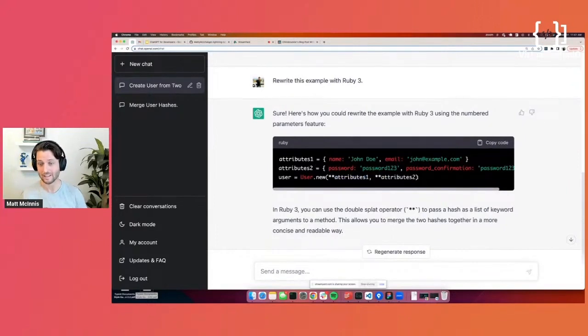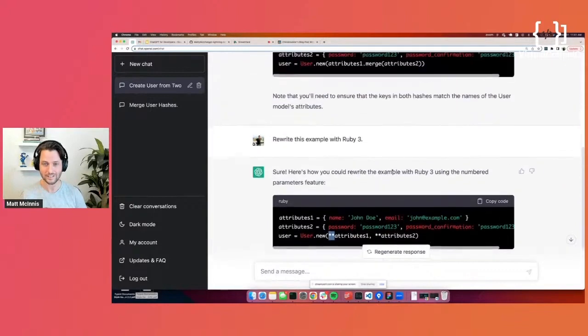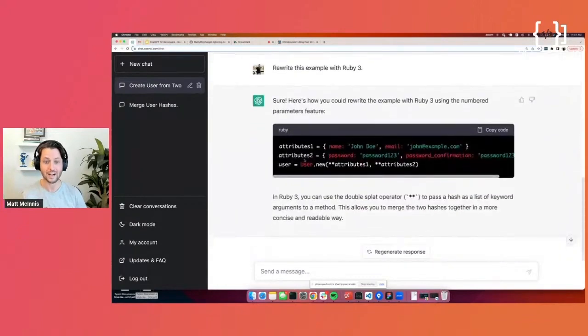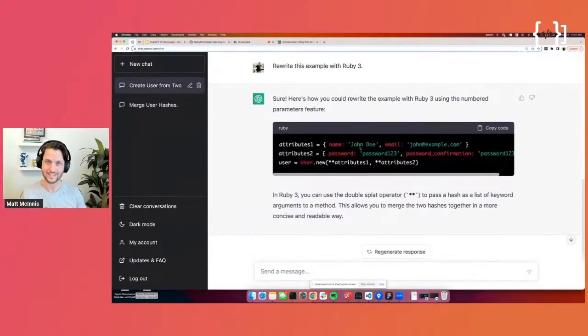So I really like this syntax where we're using a double splat operator to break out these hashes, versus using these long merge things here. I just really like that bottom syntax. I'll also note that this was introduced in Ruby 2, as my awesome developer on my team, Andre, pointed out. So this isn't specific to Ruby 3, but the example still stands: you can go back and ask these models to go a little bit further. Rewrite this method using these tools or update it using these things. That's a really good method for prompting.